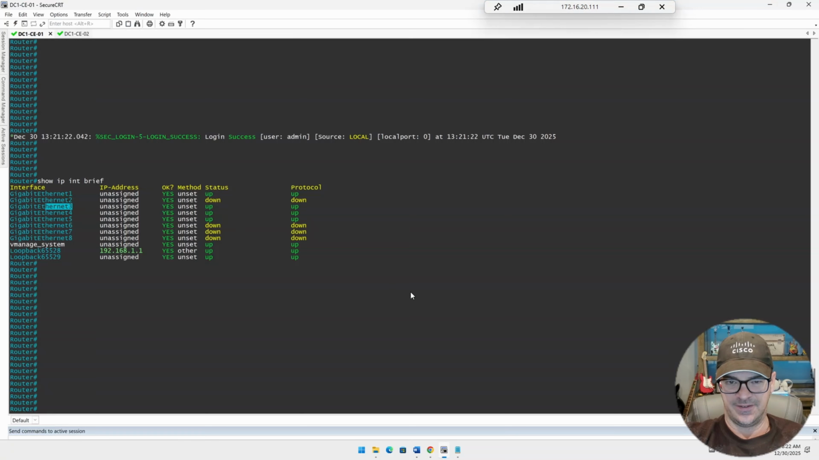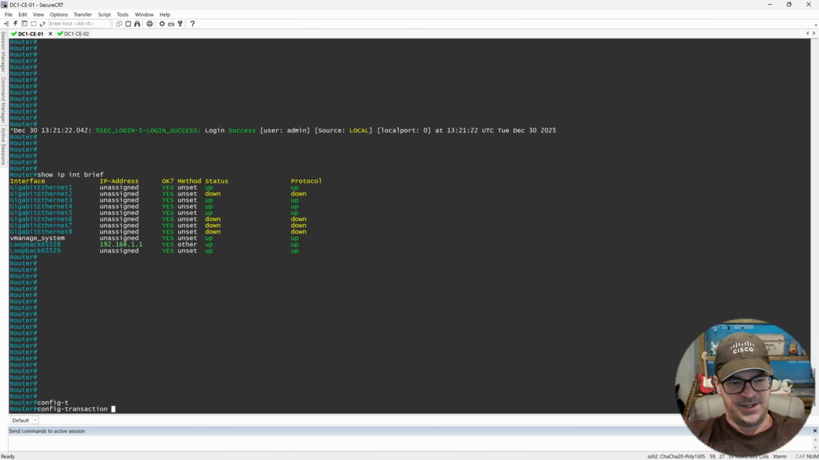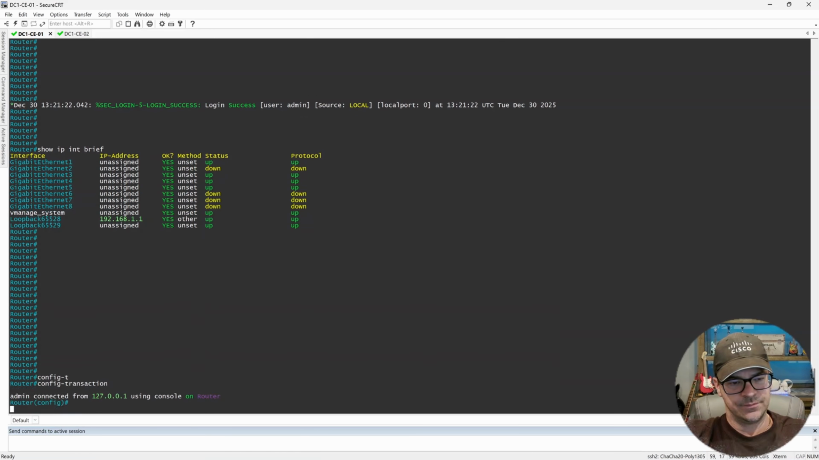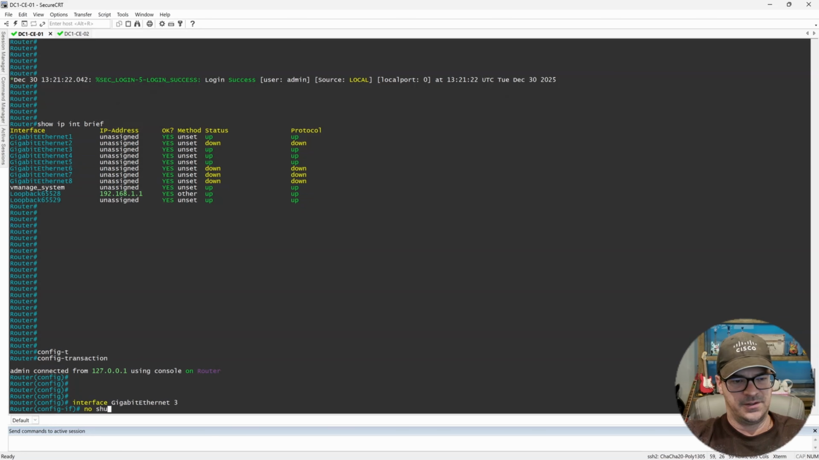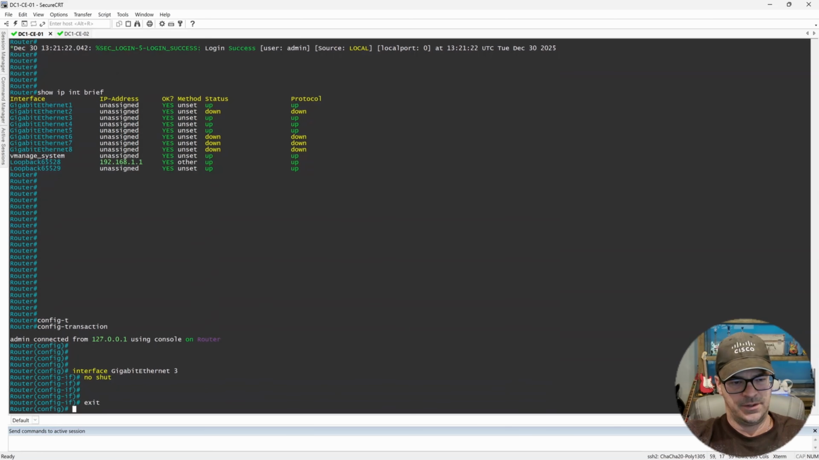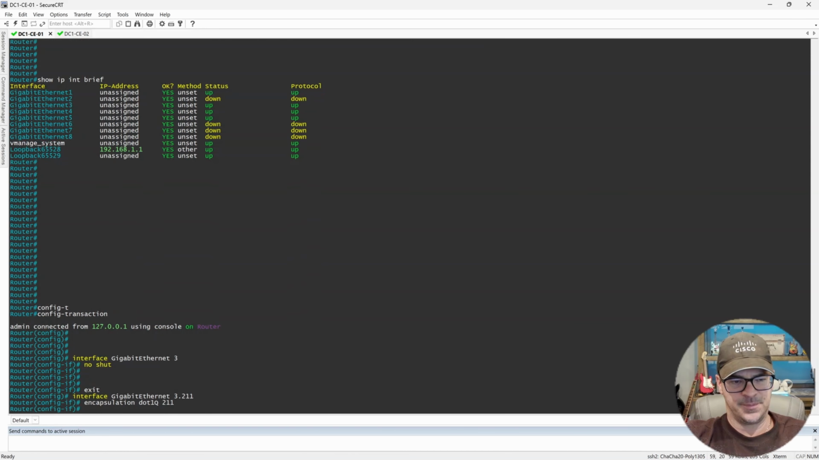So let's go ahead and verify that. So config t, interface gig 3, no shut, interface gig 3.211. We're going to say encapsulation dot1q 211. We're going to say IP address